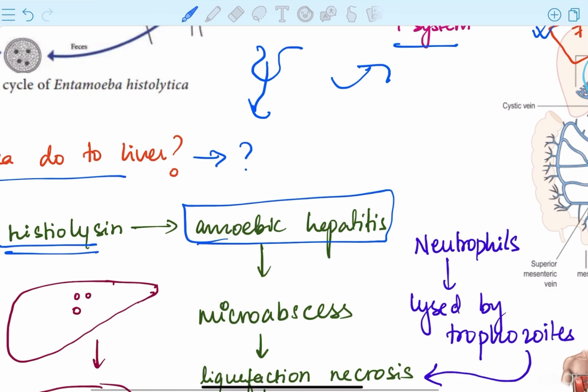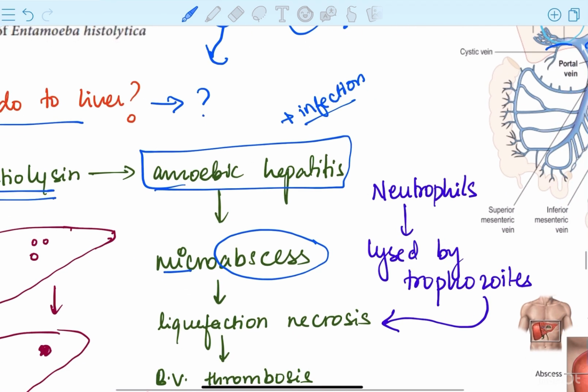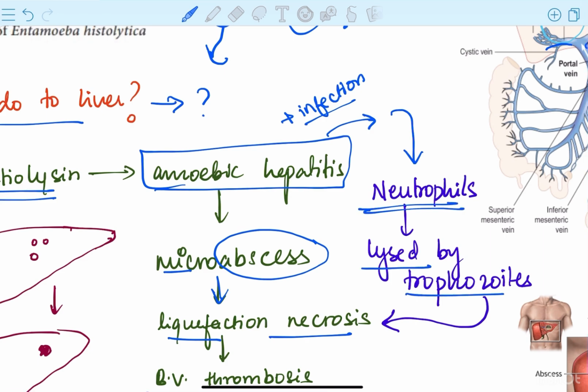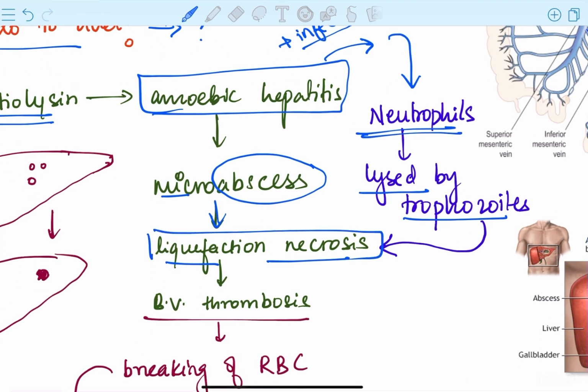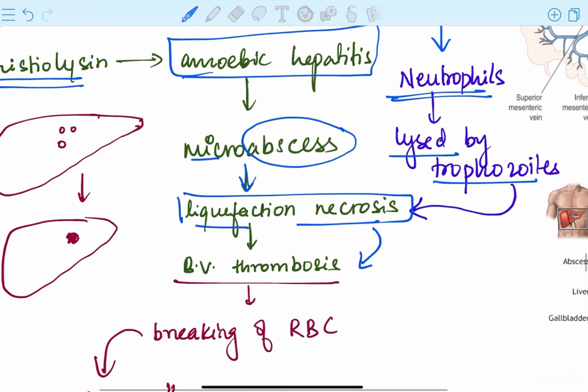Hepatitis is nothing but inflammation of the liver. There is inflammation happening in the liver plus infection also. So it leads to formation of various micro abscesses. These micro abscesses eventually undergo liquefactive necrosis. Know one thing, whenever there is an inflammation, there will be lots and lots of neutrophils. But here is the change. In liver abscess, you won't find much of the neutrophils because these are lysed by the trophozoites. The trophozoites lyse these neutrophils, which leads to further liquefactive necrosis, and eventually this necrosis causes the blood vessels to